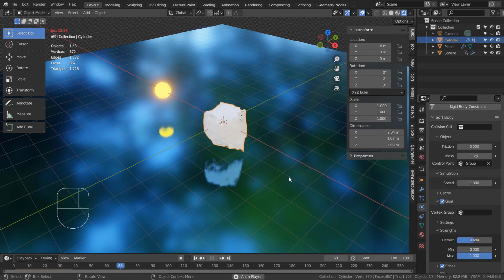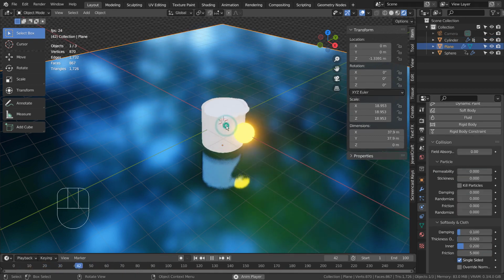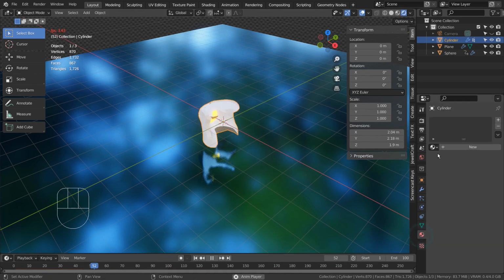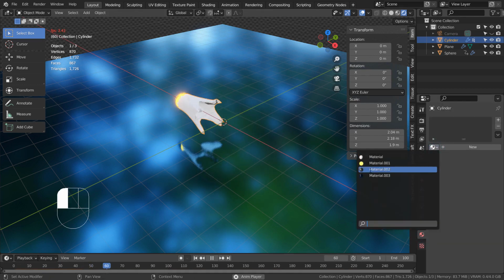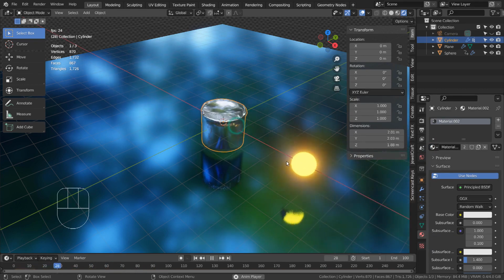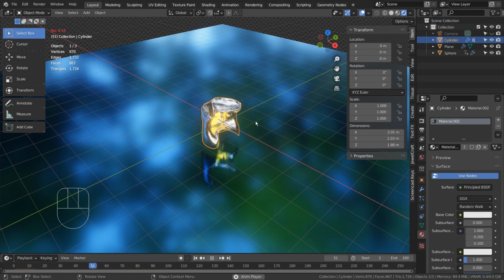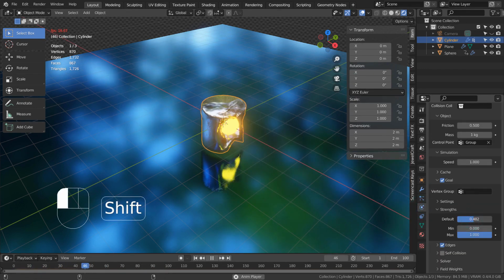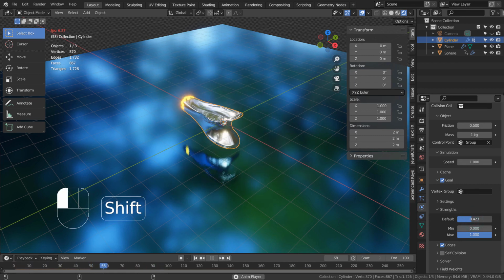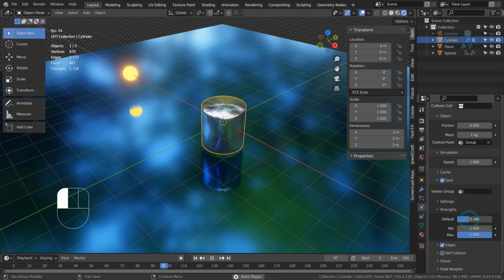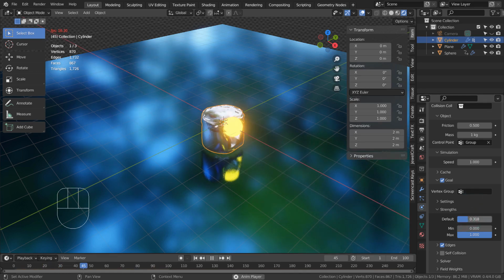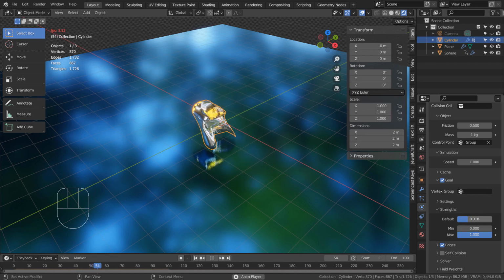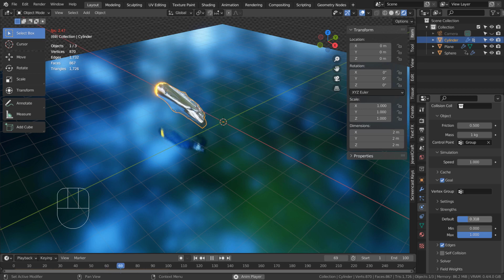By using the control point, we can drag the target mesh away from its origin. There we go.